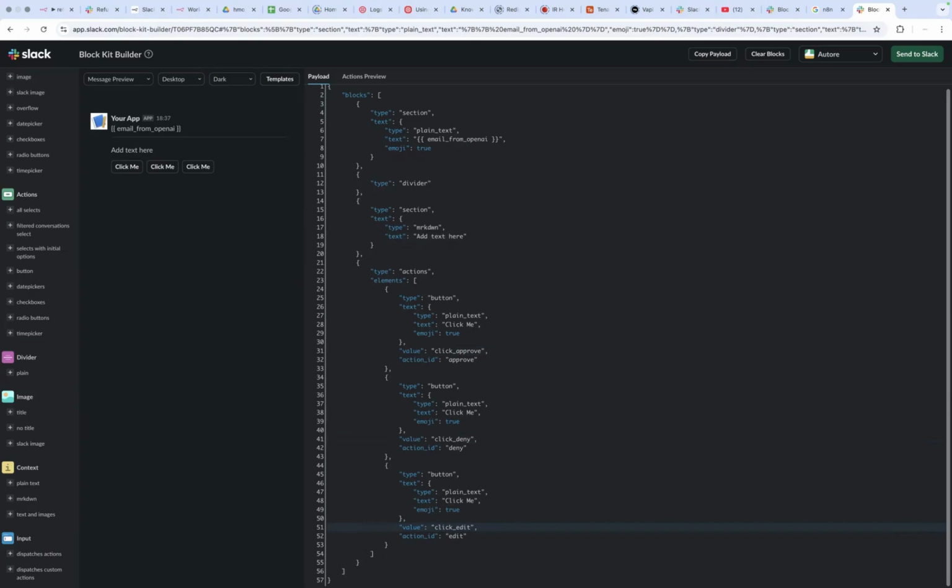We now have a block with the message, the email message from OpenAI, a divider, and an input box where you can put your text in, your edits, and then the action buttons at the bottom. So what then happens is